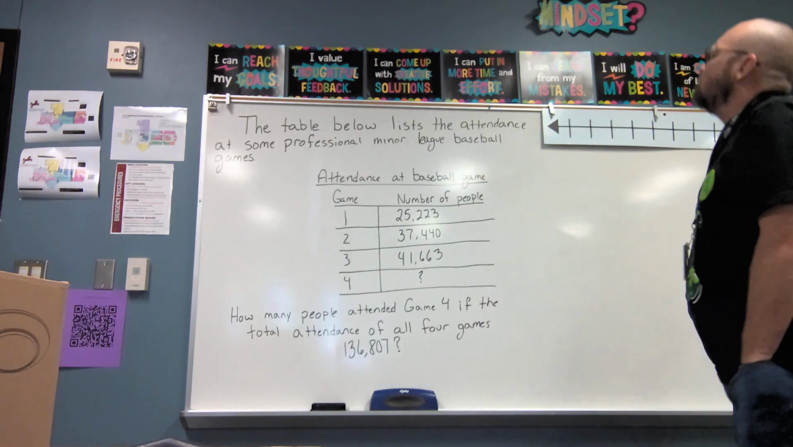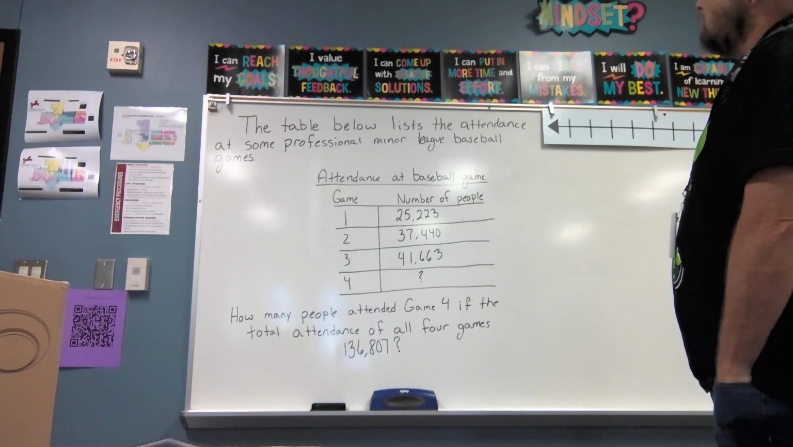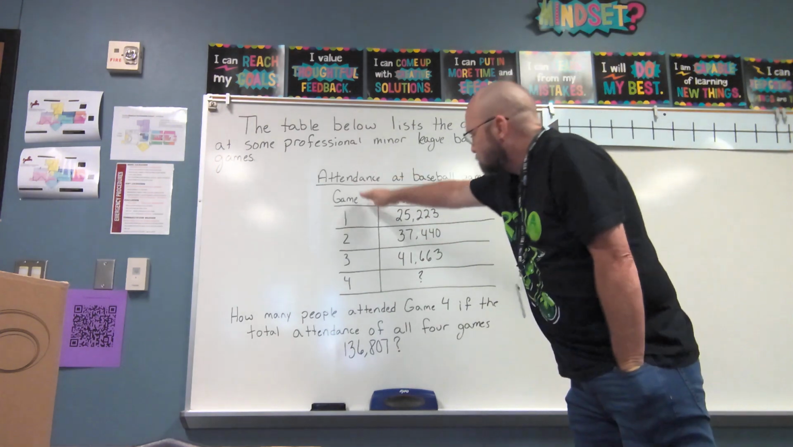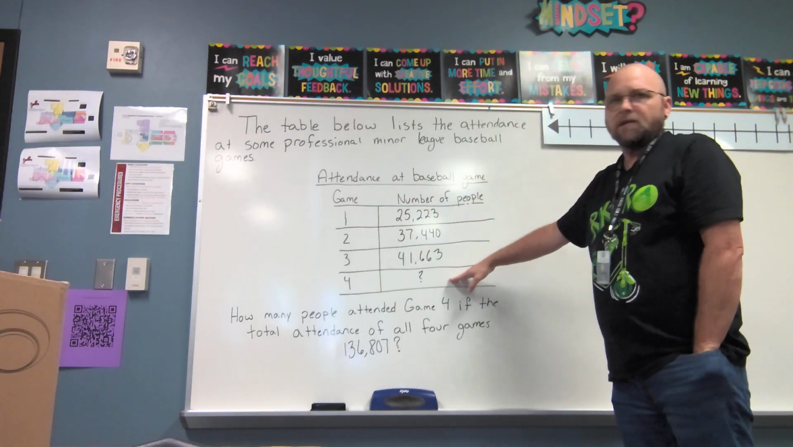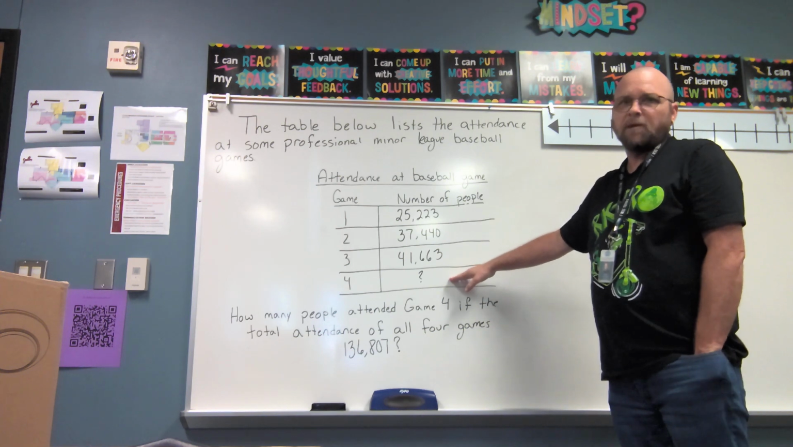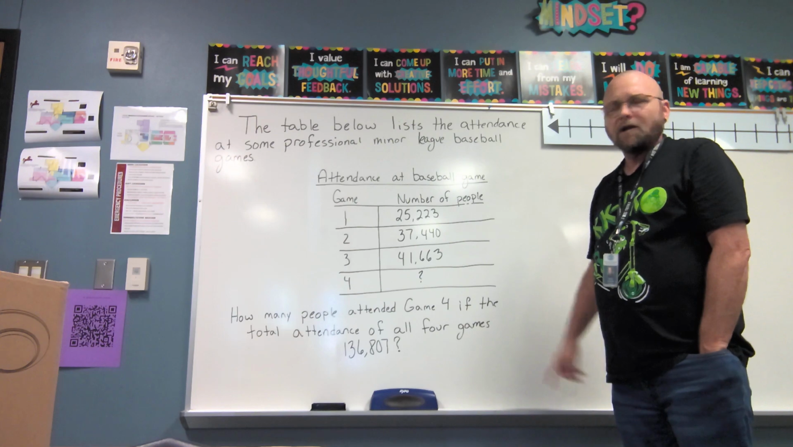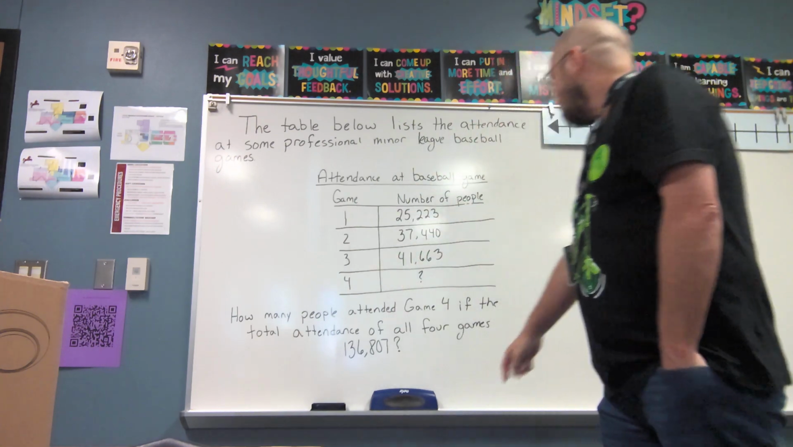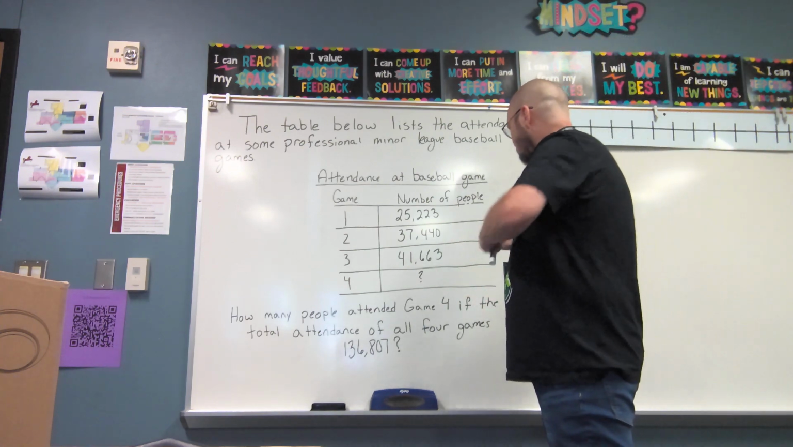We have this problem. The table below lists the attendance at some professional minor league baseball games. We have 4 games: 1, 2, 3, 4. We have the number of people for each, but for Game 4 we don't know how many people there were. I'm going to use a little bit of my brain power and figure out that might be what the question asks: How many people attended Game 4? There we go. So we need to find out what goes here